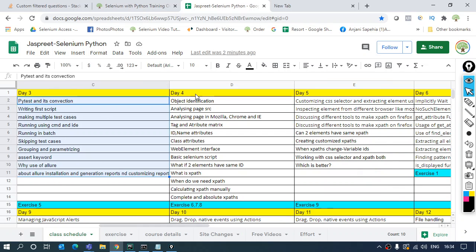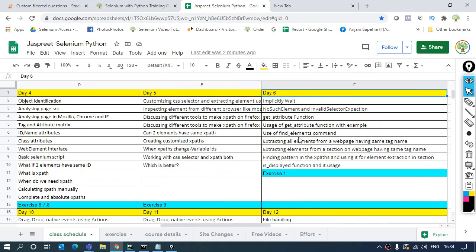Then day 4 is for object identification. I have given 2 days to object identification because it is something that you need to understand first. And from day 6 onwards, you start getting knowledge of the Selenium commands. You can see over here.